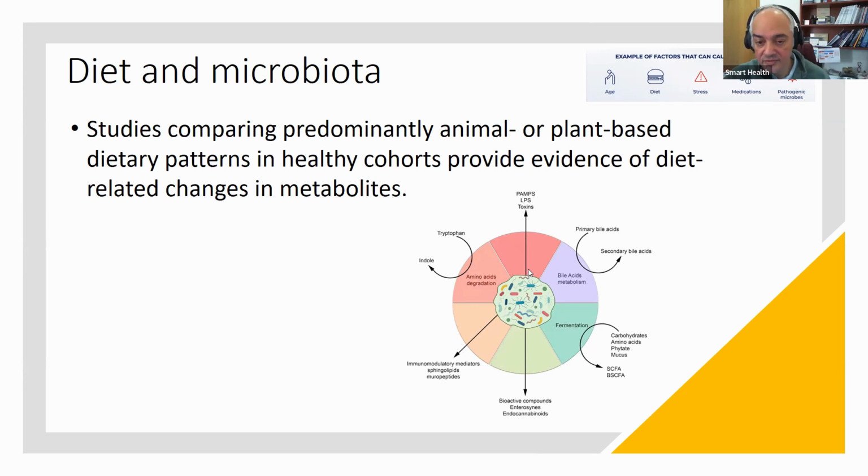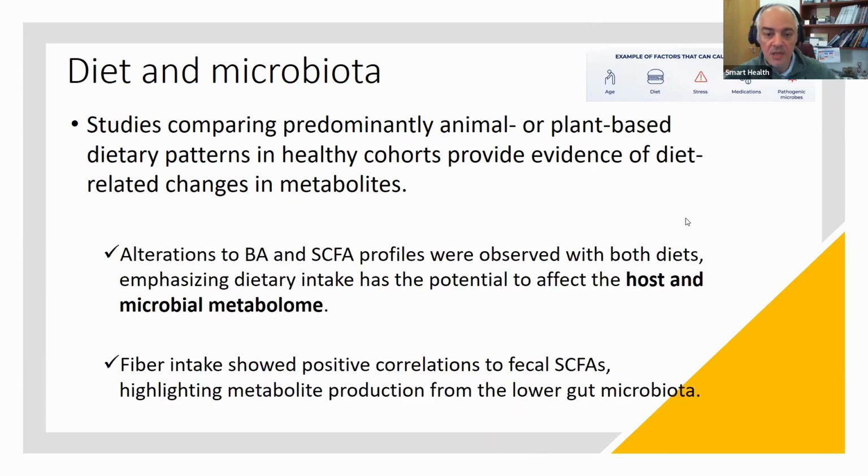Of course, in terms of dysbiosis, we have to pay attention to the passive entrance of toxins and other polysaccharides that have a negative impact on our health. So those are the main metabolites that we discussed last month. In this comparison between animal-based and plant-based diets, studies show that there are alterations in these metabolites, specifically in the secondary bile acids and the production of short-chain fatty acids, which are totally different between these two diets.